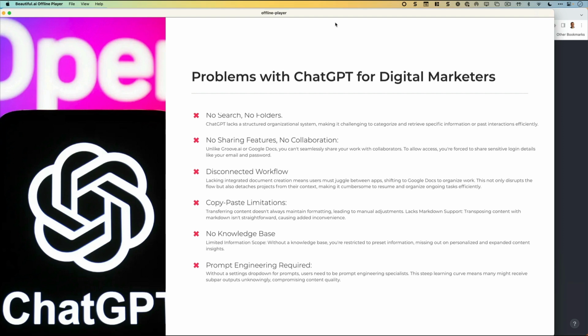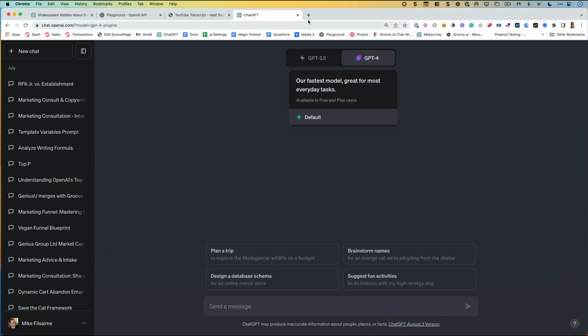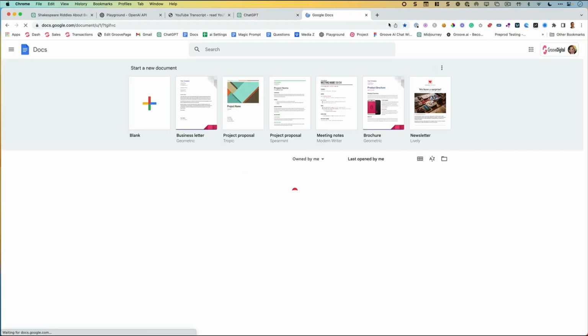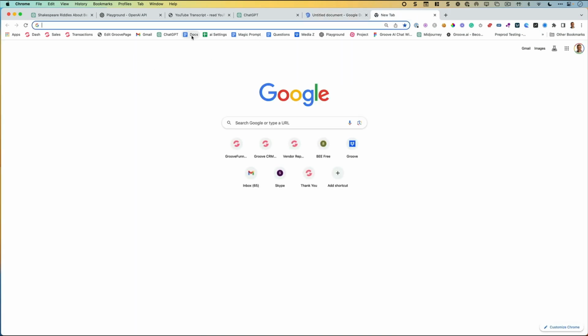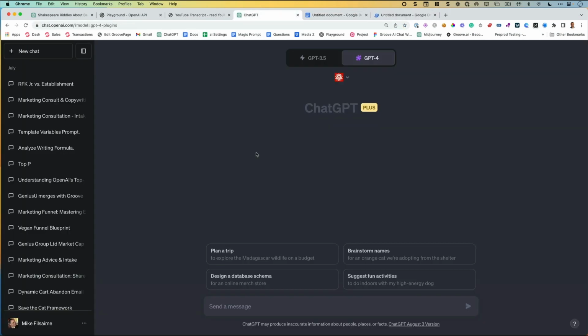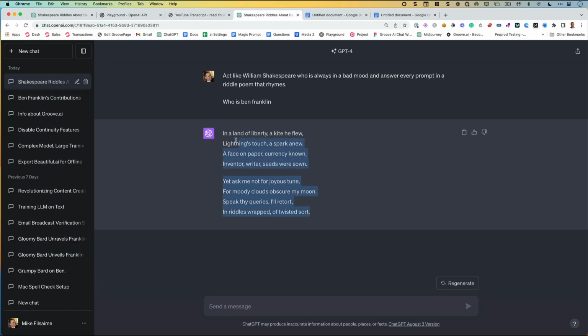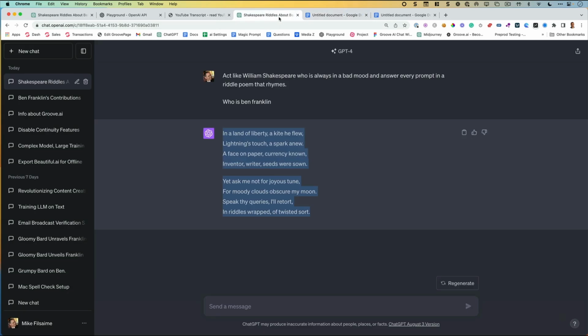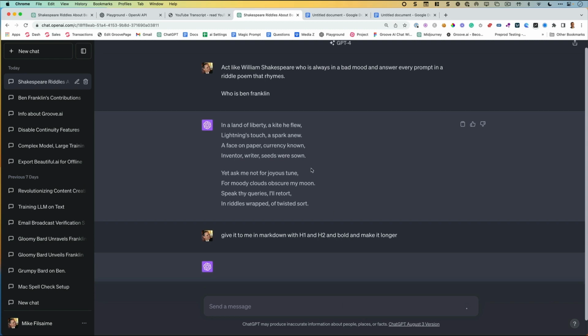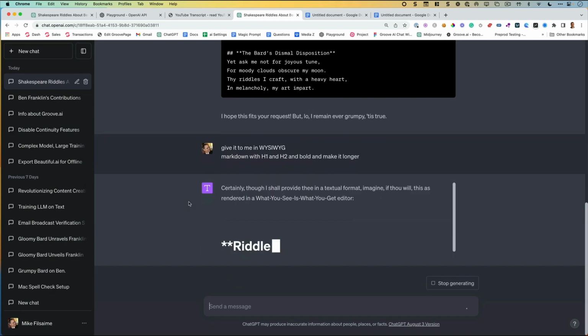It also has a disconnected workflow, meaning that when you're working on a chat over here, you also have a Google Doc open over here, and then you've got another Google Doc open over here. And what happens with those Google Docs, guys? You've seen it, right? You take your copy like this and you paste it and you get this. Or you say, give it to me in Markdown with H1 and H2 and bold and make it longer. Okay, so now you get output with bold,